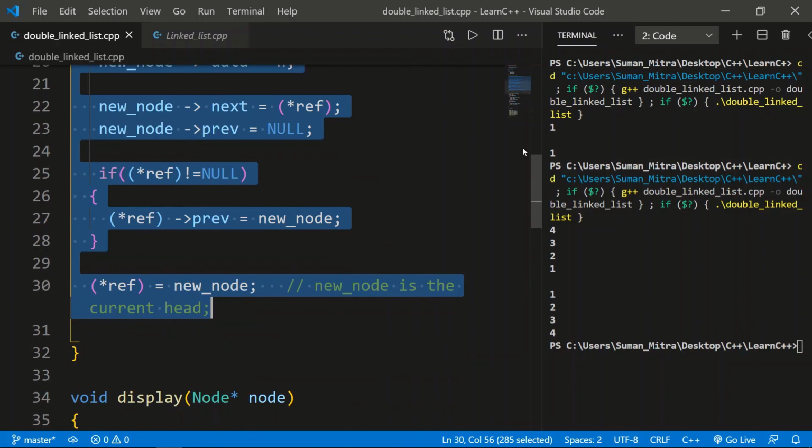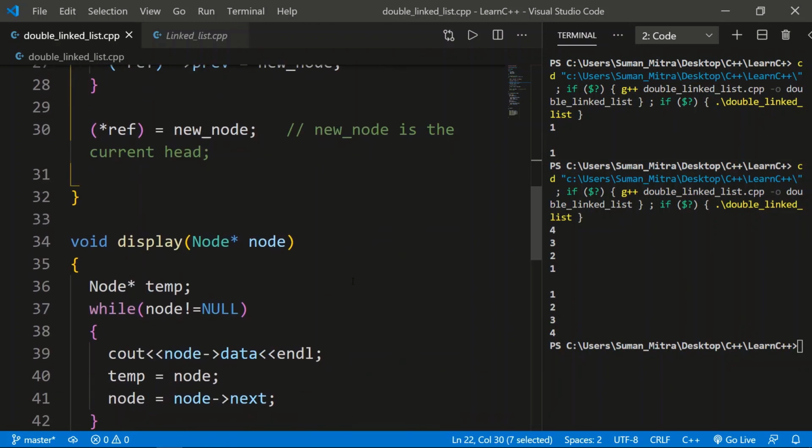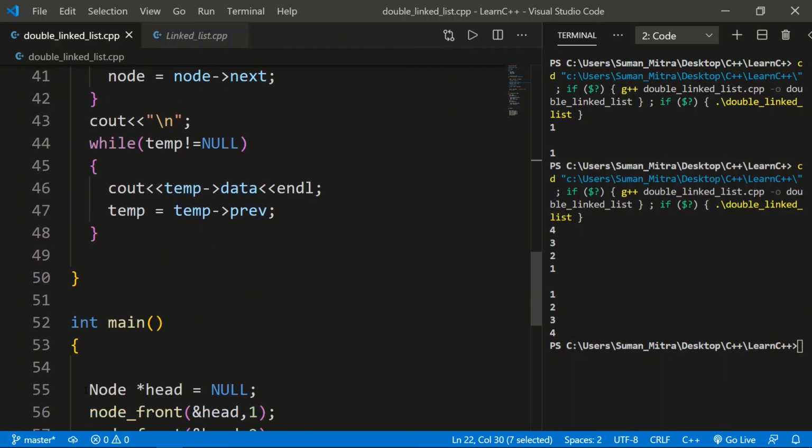This is the main, there is nothing to do with this. You already know we should include this. We created a class called node and we gave this public access so that we can access it by the functions. We are adding two pointers because a double linked list has 2 pointers, the previous and the next. And this is the code that we did for adding in the front.